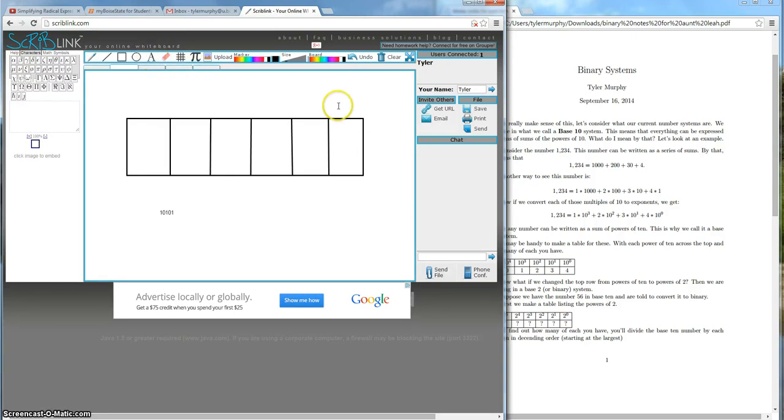So let's say that this column here is our 2 to the 0. This will be 2 to the first. This will be 2 squared, 2 cubed, 2 to the fourth, 2 to the fifth, and 2 to the sixth. Now, if we were to compute these,